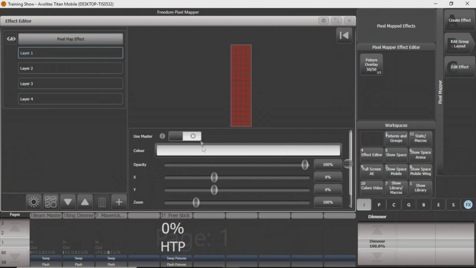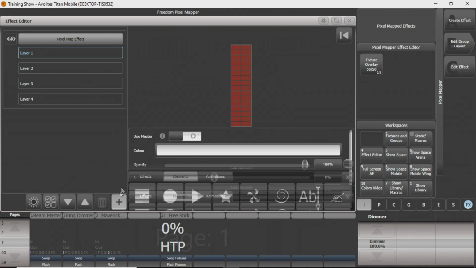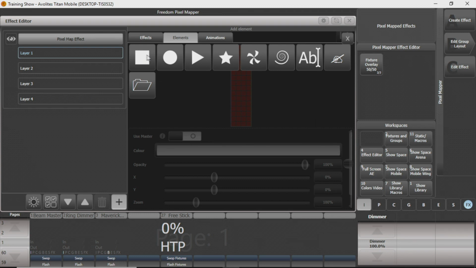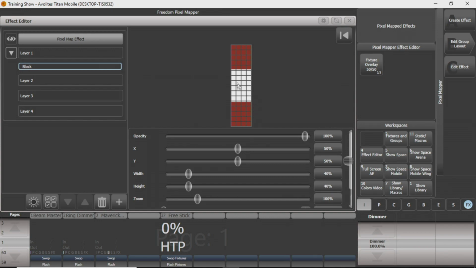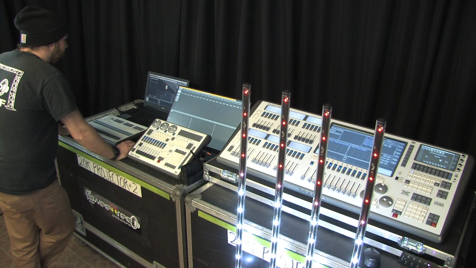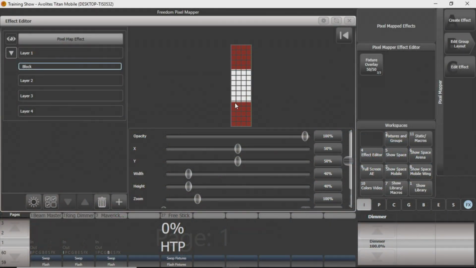And what you'll have to do to actually see something here in your little, we'll call it a viewer, you'll have to go down here to your plus symbol and add some kind of shape. We'll add this little square in, and you can see it's just in the middle, taking up this amount of space, and it's also taking up a little of these pixels. If I don't like that, say I only want to take 4 squares somewhere up in this region up here, what I'm gonna do,